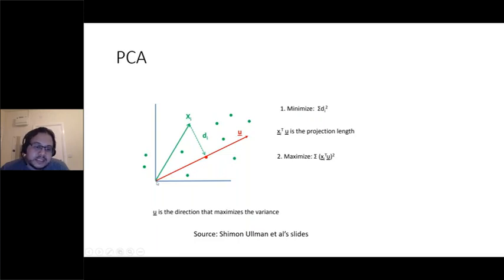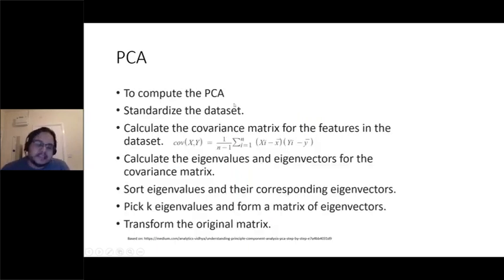We try to maximize this distance by minimizing this distance. Because this doesn't change, x doesn't change, if we minimize D1, this one will go bigger. If we change u here, minimizing this distance will make this go bigger. So we want to maximize this, and this will maximize the variance. This is just one way of doing it. This is the standard algorithm to compute the PCA.